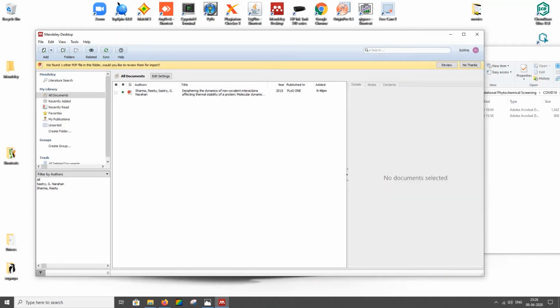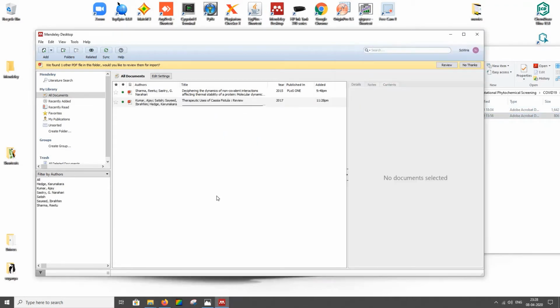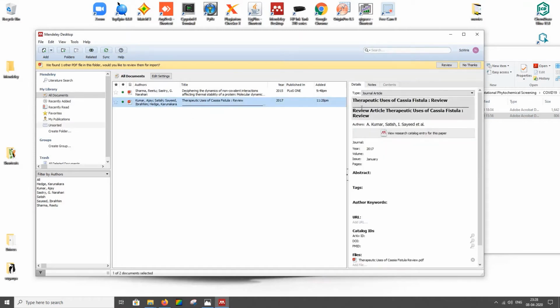All right. Now, an alternative situation where you have downloaded the PDF file from ResearchGate. As you know, the first page of the PDF file would have the ResearchGate profile page. Hence, the details will not be read correctly by Mendeley software. You drag and drop, and as you could see here, there is an error in the title, that there is a line that is coming up, and I'm not sure that that's a full title. And also, if you see, the journal title is missed out, volume number is missed out, and page number is